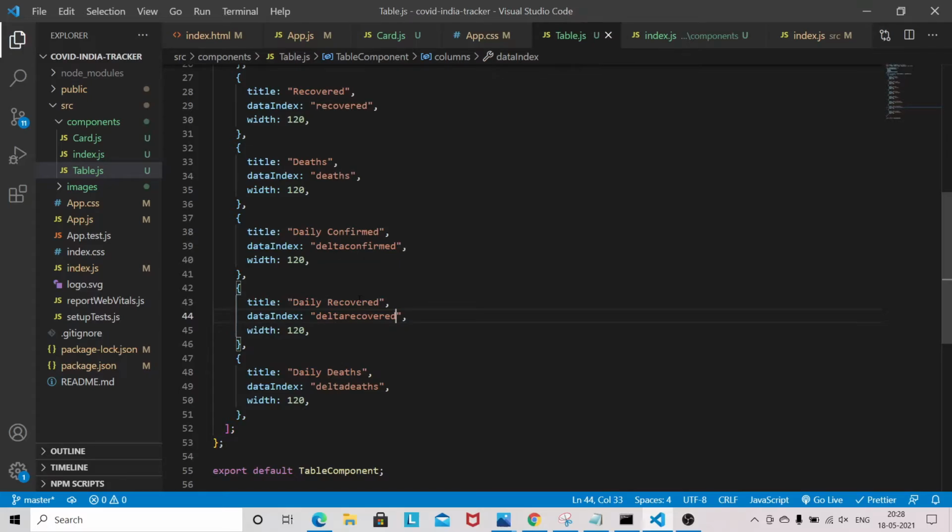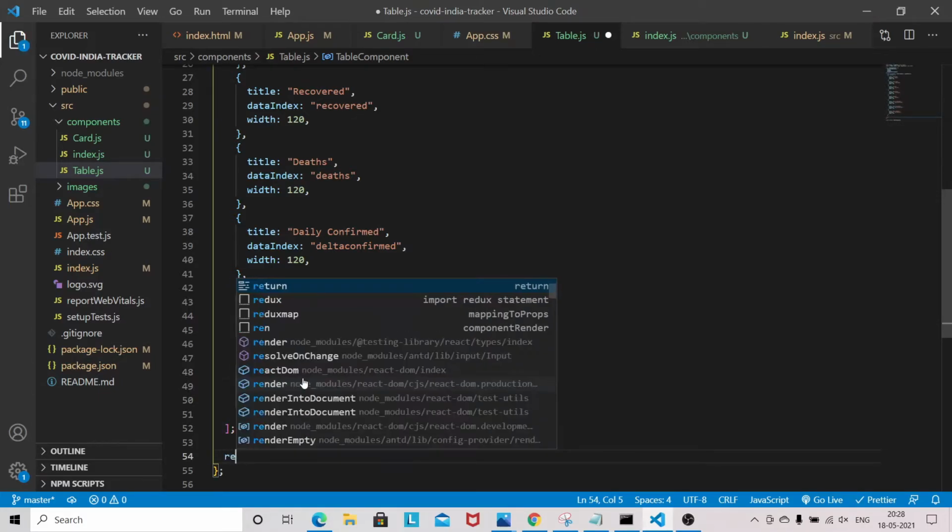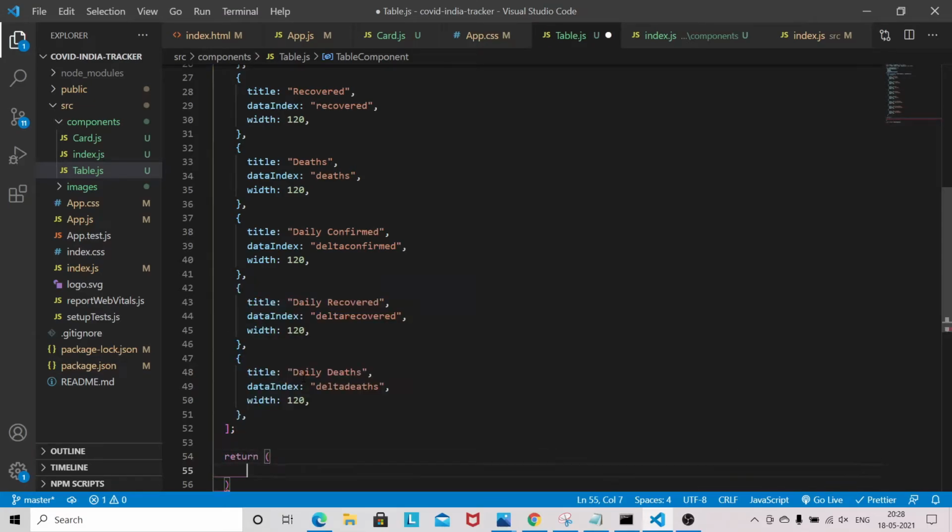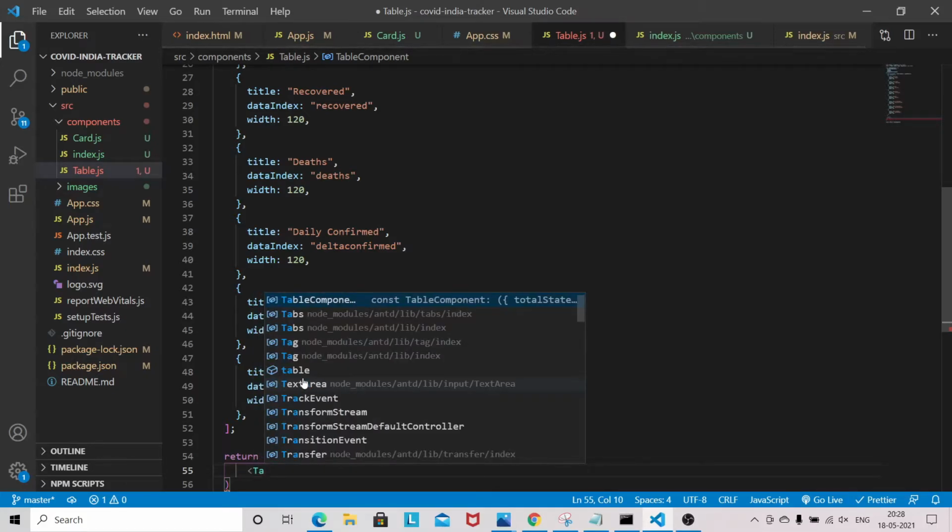So we have configured the column. Now in return we need to pass the table.